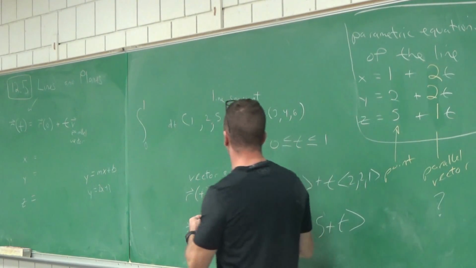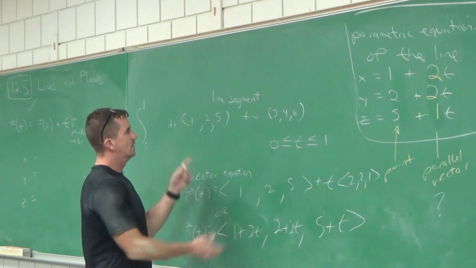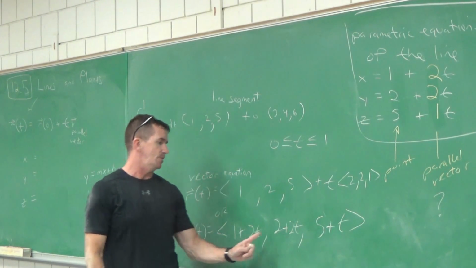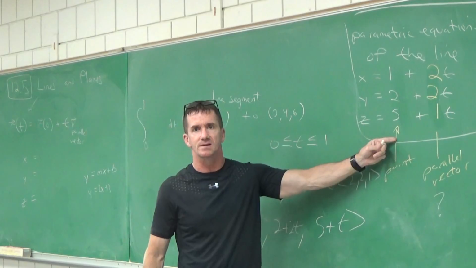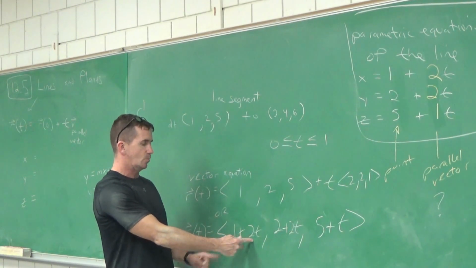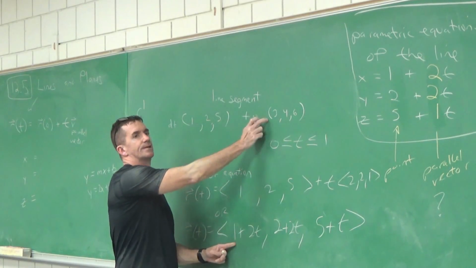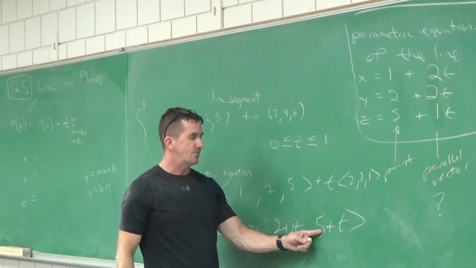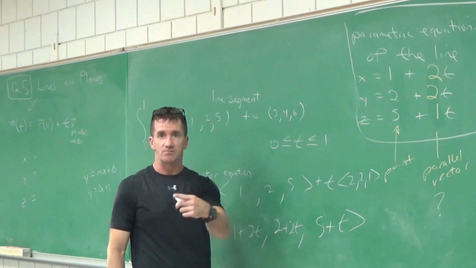So what we did was, we just looked at this to say, what values of t would give us these 2 points? Well, we noticed, heck, you put a 0 in for t, you get this point, right? But then she realized if you just plug in a 1 in here, what's 1 plus 2 times 1? 3. 2 plus 2 times 1, 4. And 5 plus 1 is 6. So she realized that.